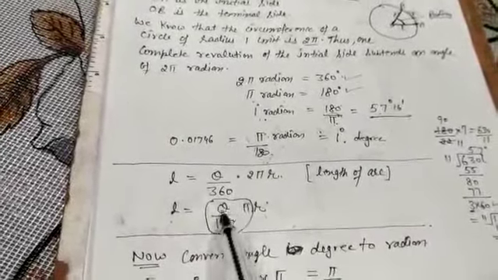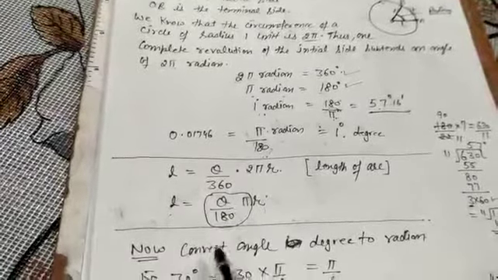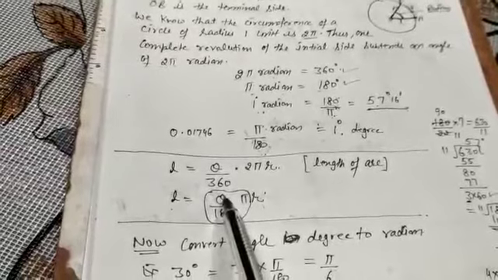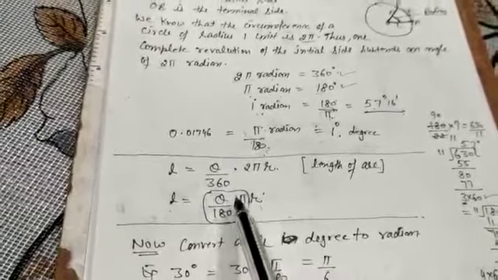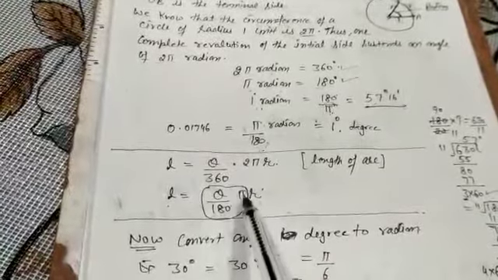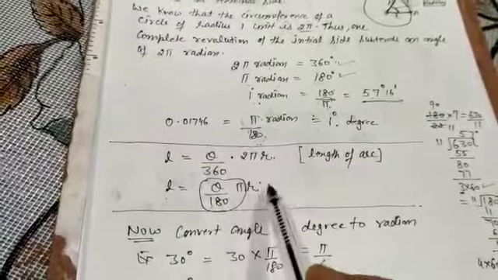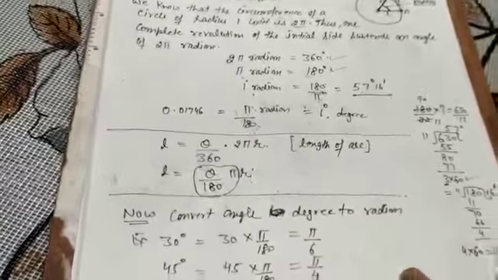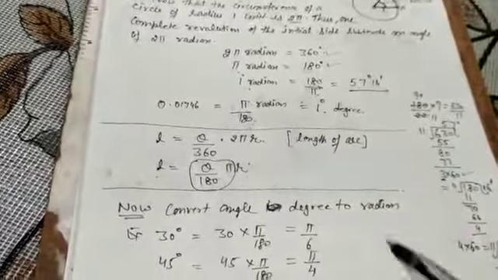So this formula you have already studied, but in class 10 we discussed only degree, not radian. So we just remembered this formula, but now understand the concept. Theta is given to you in the form of degree, but in class 11th we always measure the angle in the form of radians. Due to that, it should be multiplied by pi by 180 with r, which is equal to the radius. Now on these two concepts we will discuss some questions.